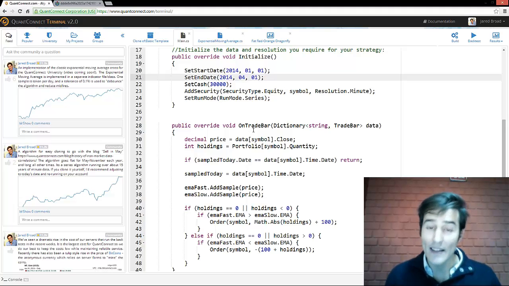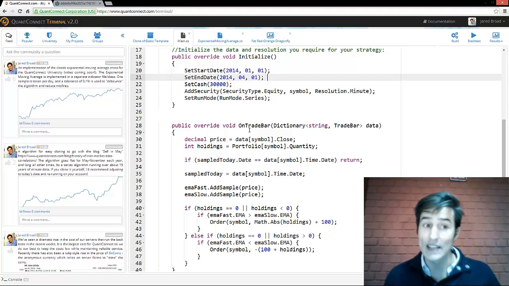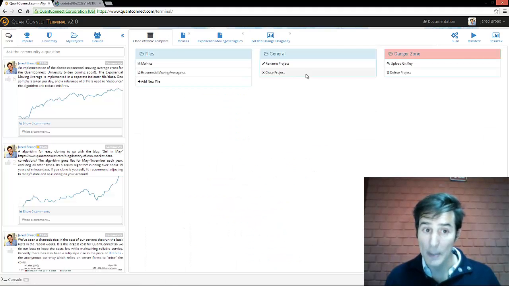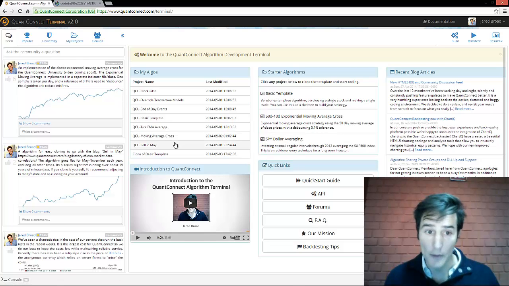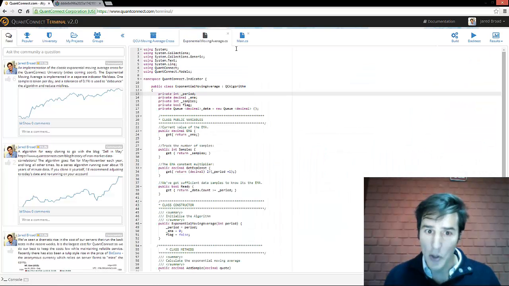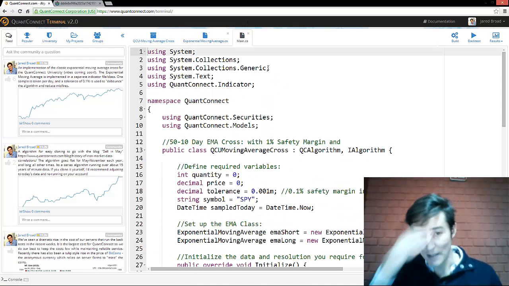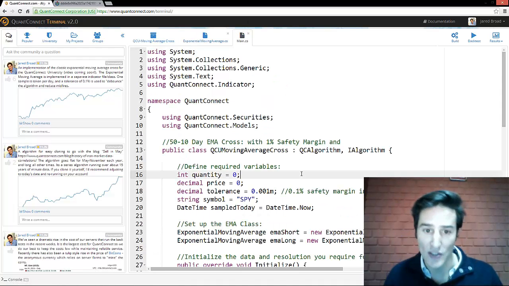All of this is defined in the clone algorithm, which you can see in the university. If you click the clone algorithm button, you can bring that algorithm into your account. So now I'm going to skip over this and pull up that fully polished algorithm, and we're going to do a little experiment. One of the core mistakes that people make with the moving average cross strategy is that